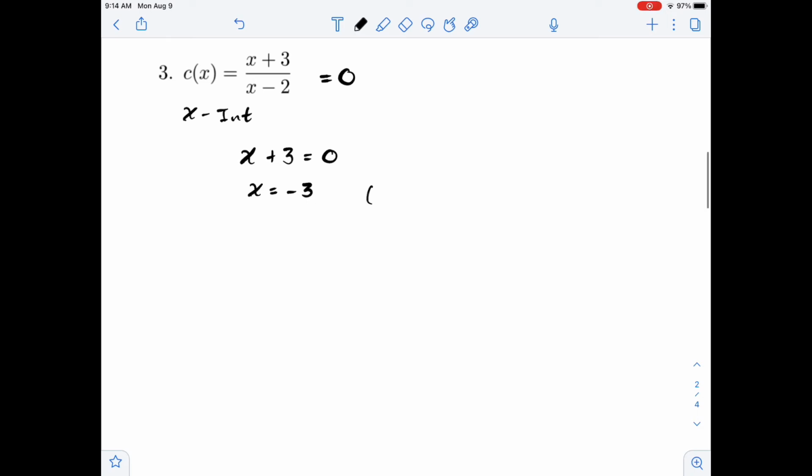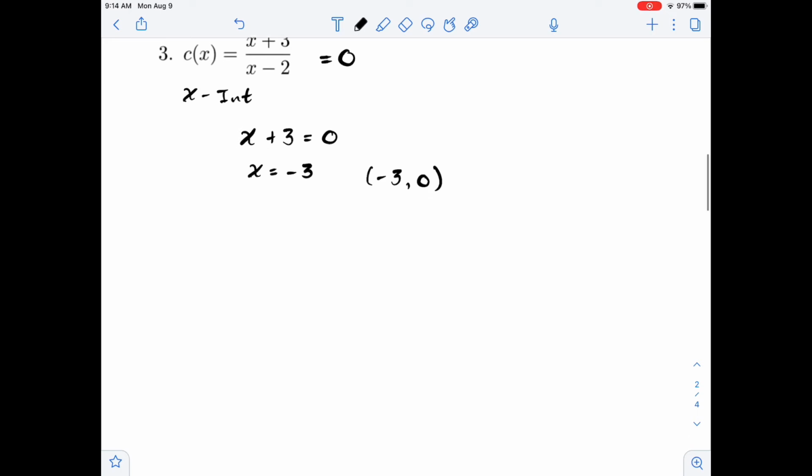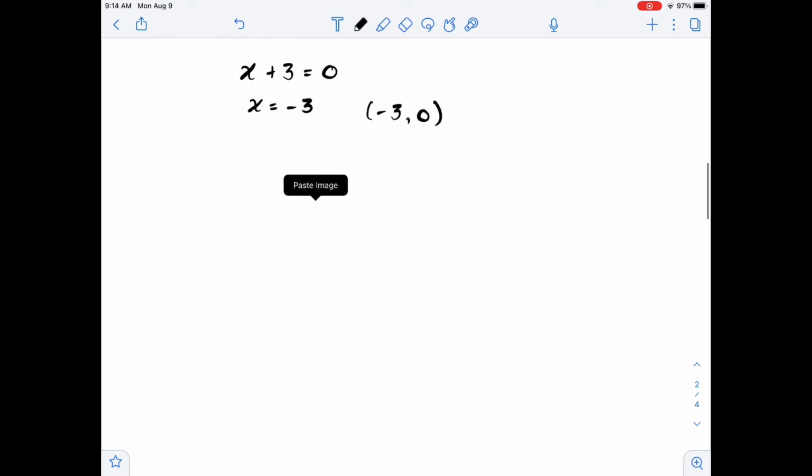And so my x-intercept, I only have one this time. It's (negative 3, 0). That's it. And again, I only have one for this particular rational function. So (negative 3, 0) is my x-intercept. My y-intercept,